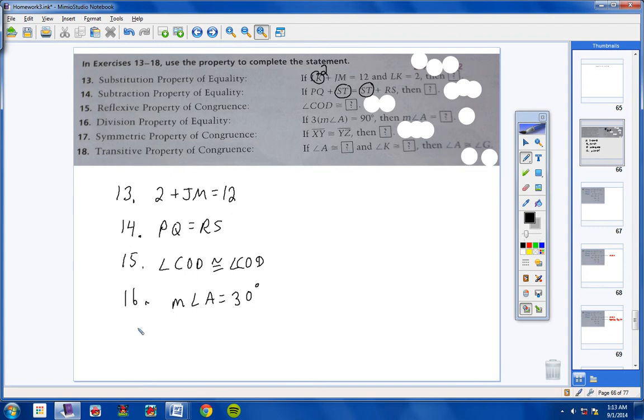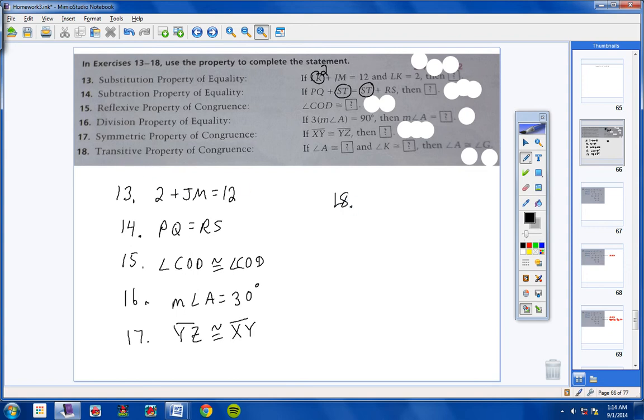Okay, moving on to number 17, the symmetric property of congruence. If segment XY is congruent to YZ, then, remember what symmetric means, then YZ is congruent to XY. Okay, that's what symmetric means. And then number 18,